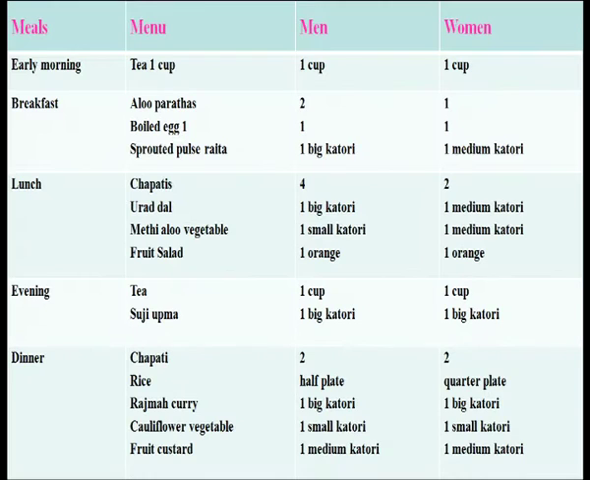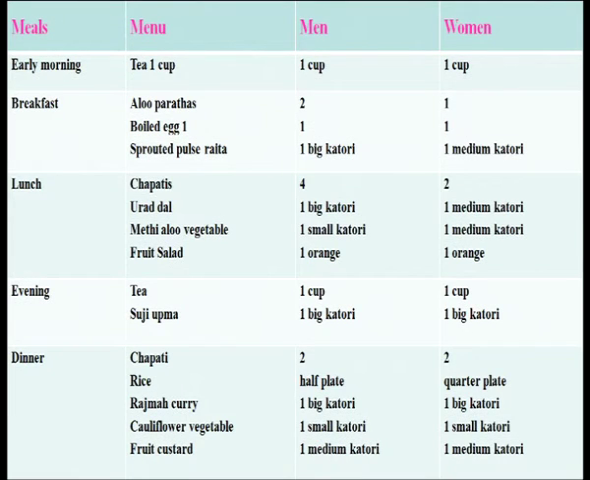When we are preparing the plan for the evening tea, simple tea is there, one cup for each is enough, and one big katori of suji upma has been selected as an evening snack here, which is given to both in equal amount. In case of the planning for the dinner, which most of the time is similar to the lunch, so that the whole amount of nutrients can be provided and one person can relax and have the dinner. So, chapati 2 for both of them, rice half plate and a quarter plate for the women,